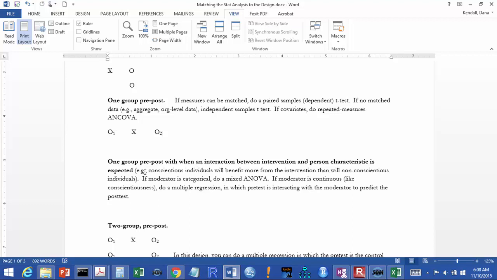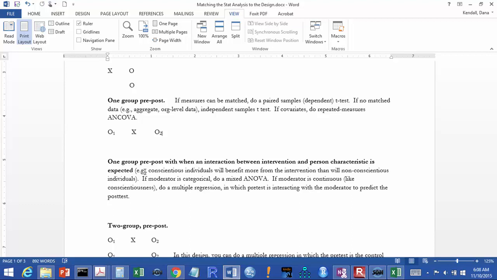All right, so if the moderator is categorical for some reason and it has 3 or more levels, so that's not something I put here. If it just is dichotomous like gender, a 0, 1, thankfully we can do a regular regression. But if it is by department or by some other variable that has more than 3 categories, then do a mixed ANOVA. But if the moderator is continuous, it's a little bit easier, like a personality variable, then we can do multiple regression